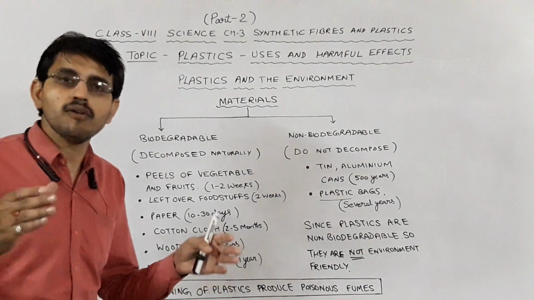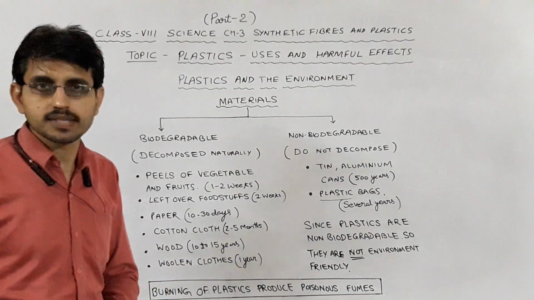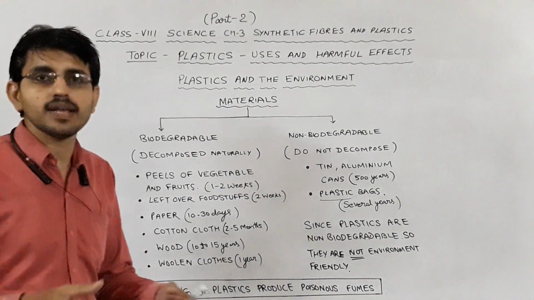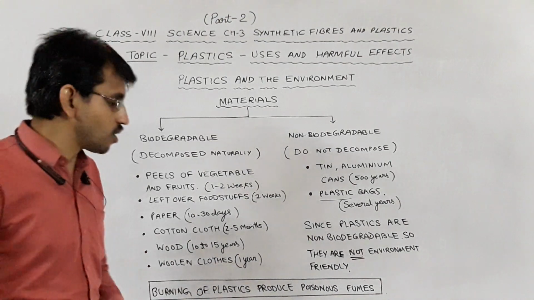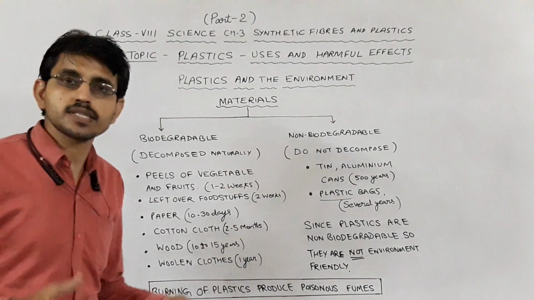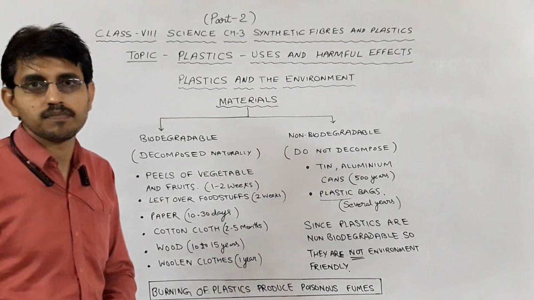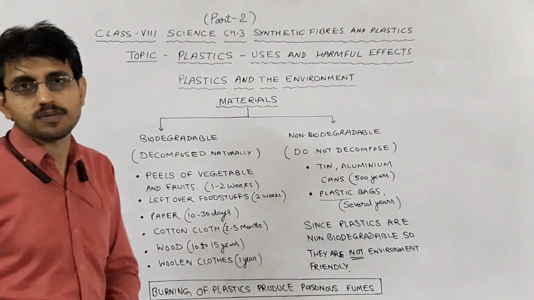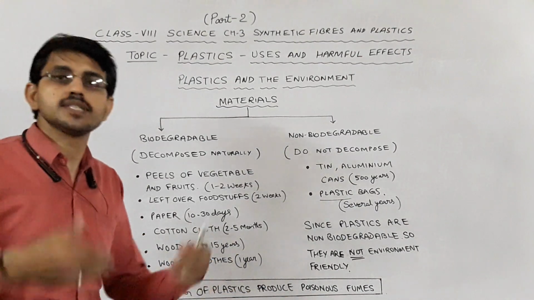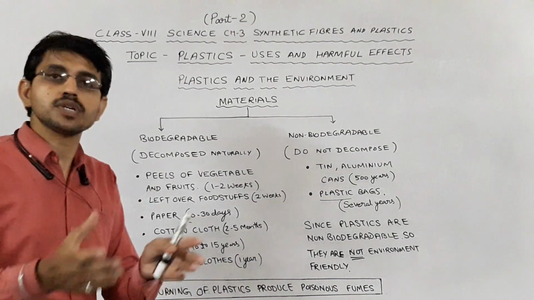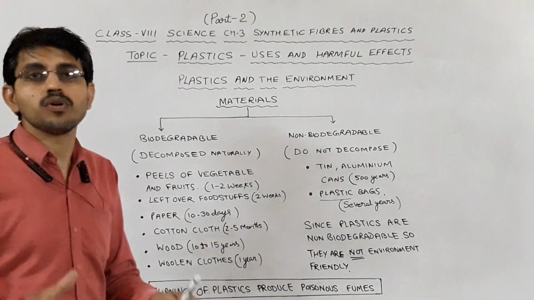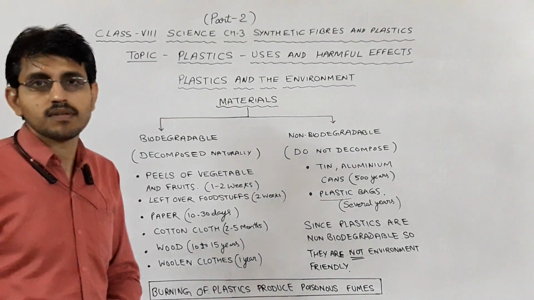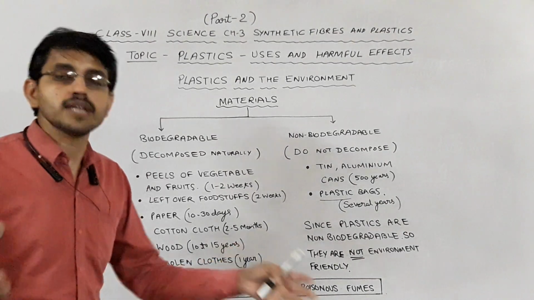That's why we should avoid the use of plastic bags. Instead, we should make use of jute bags or paper bags to carry the items. Not only this, disposal of plastic is also a big problem. Burning of plastic produces poisonous fumes. And if you recycle the plastic items, then those recycled plastic items are also not safe to store things. They are even cancer causing.